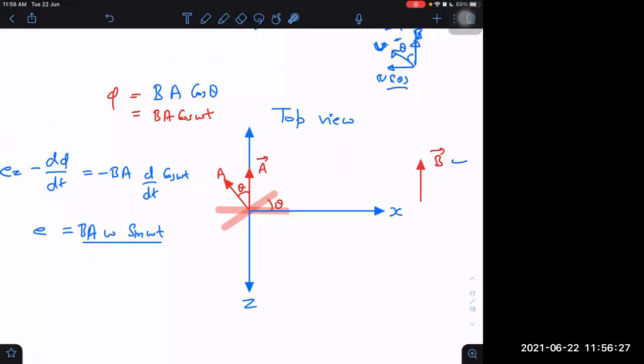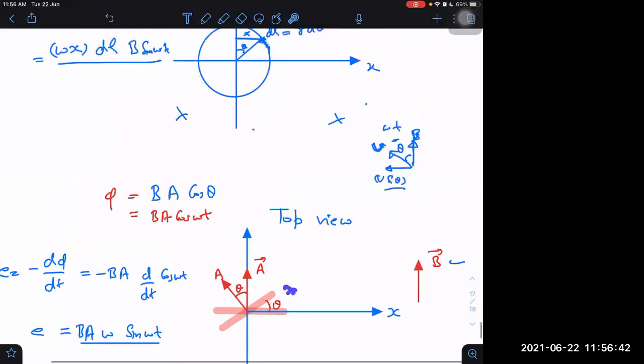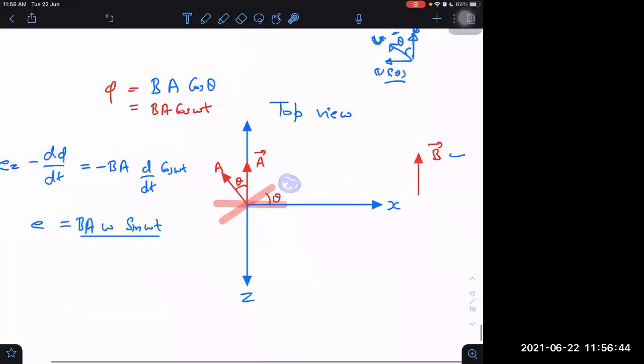Because velocity is this side, and magnetic field is this side. So V cross B will give us which direction? It is into the plane. I think it is giving into the plane. So DL also should be into the plane. Into the plane here means what? If it is the x-axis, and this the z-axis, then into the plane I think is minus. Sir, V bar cross L bar, the direction will be there. We can show that.